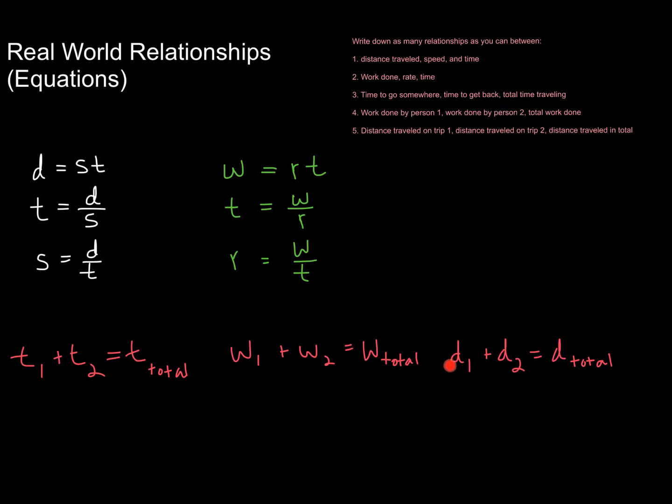Similarly, if you travel a certain distance in one direction and then a certain distance in another direction, the total distance that you've traveled is the sum of those two. Now, because we know how to calculate distance, work, and time independently, we can then use these to write a bigger equation, right? So we need to make sure that we are always thinking about these relationships and that when we actually annotate a question, we are looking to find a distance, a time, an amount of work, a rate,